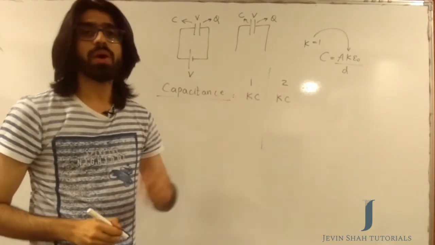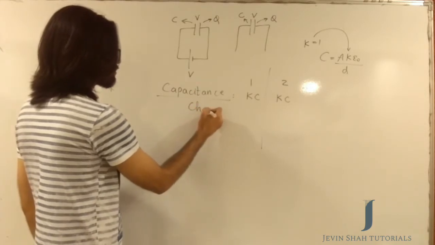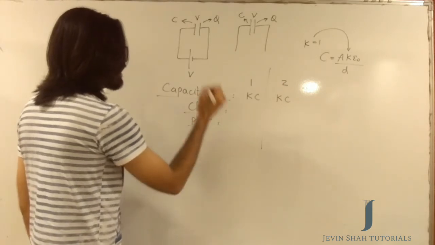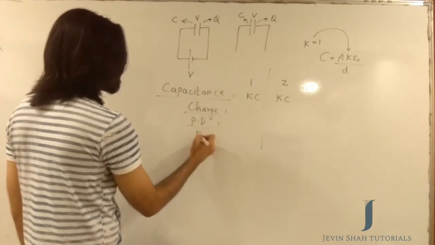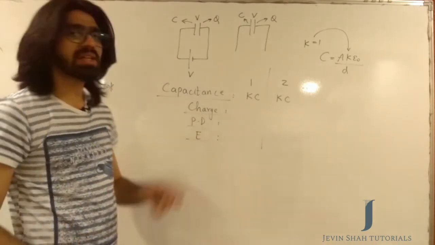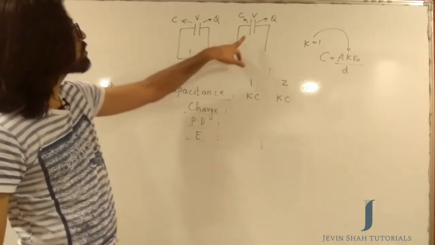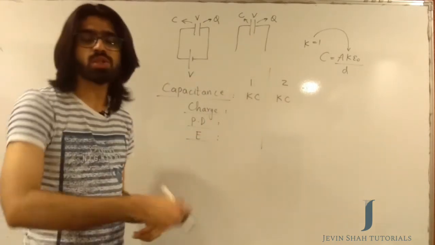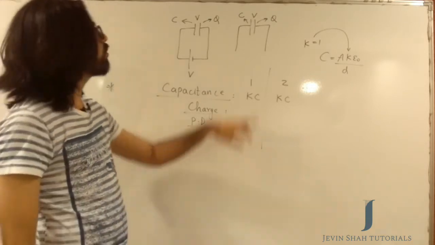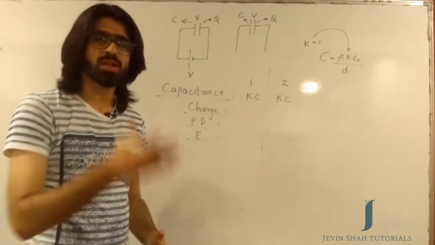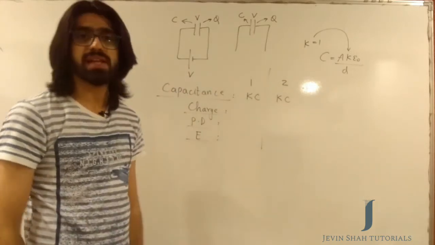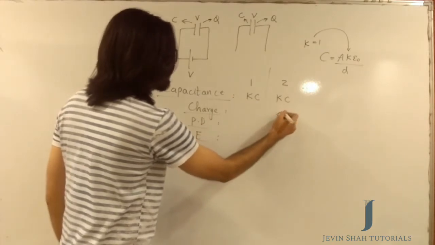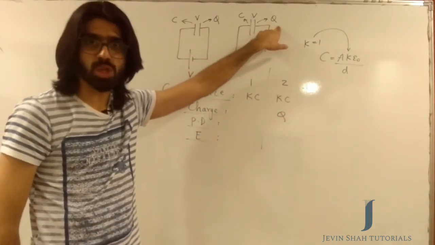The question is, what happens to charge? The next question, what happens to potential difference? And what happens to the energy of the capacitor? Let's consider charge. See, when you say that you have disconnected the battery, there is nothing from where the capacitor is going to absorb more charge. So no matter whatever you do with the plates of the capacitor or with the region in between, the charge on the plates is going to remain what it is. So the charge in the second case is going to remain Q like it previously was.